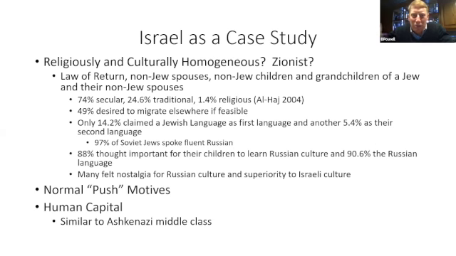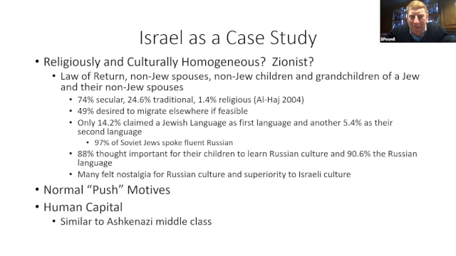So now the obvious objection to this case study is, come on, it's Israel. Is it religiously and culturally homogeneous? Are they all wanting to be part of the Zionist project? This is different than third world migration. Well, actually, when you look at it though, because of the expansive definition of who qualifies, most of these people